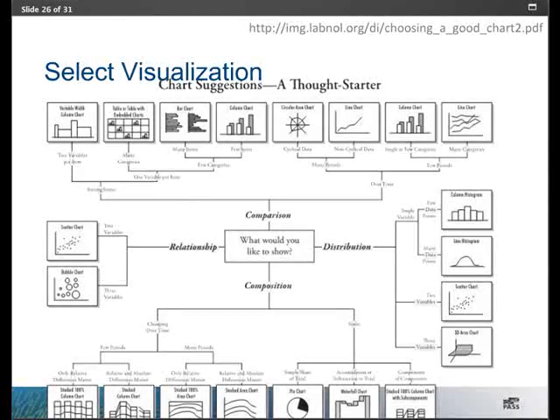if I only have one category, like a single sales territory, or if I have a few categories, maybe a couple of sales categories. But if I have lots and lots of categories to compare over time, then a line chart is going to be better. So a line chart helps me compare many categories for a few periods over time.